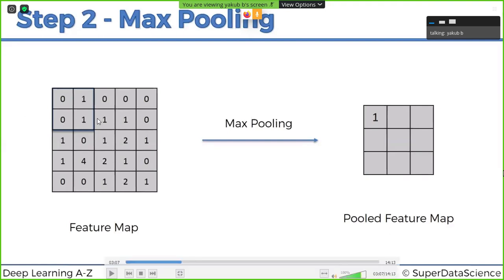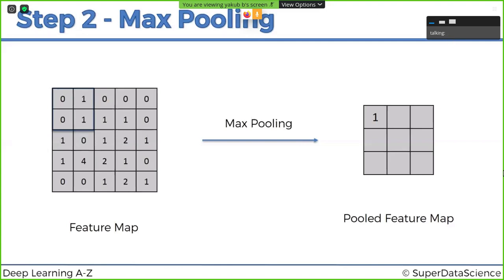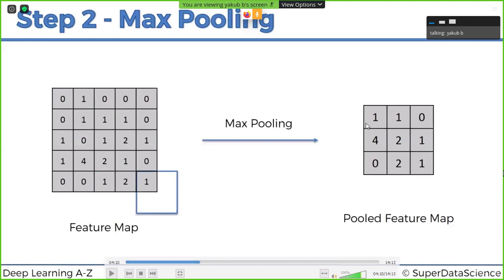To process this entire information, if you consider the entire feature map, it will take more processing time. To avoid that problem, by applying max pooling, I'm reducing this matrix size by 2 pixels. You move your window, and there can be overlapping boxes, and you select the maximum in each box. Here the maximum is 2, here the maximum is 1, 0, 1, 0, 2, and then it is a pooled feature map. So here it is about one feature.